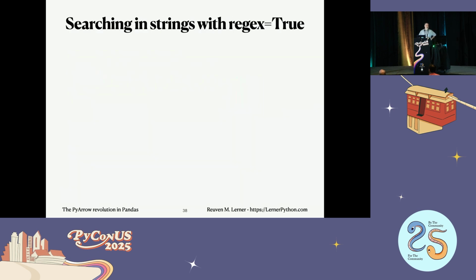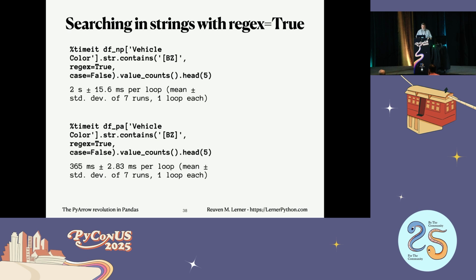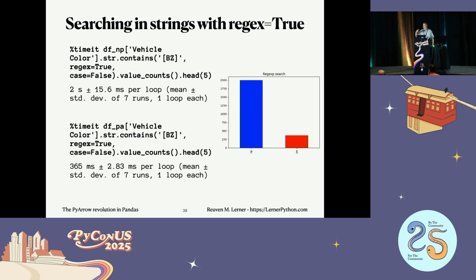What if I want to do something a little more ambitious? I want to search in strings with regular expressions. So I'll say here, I want to know which vehicle colors included the letters B or Z. Well, that's going to force it to work a little harder. By the way, I'm sure that's the sort of query that everyone involved in traffic is interested in. So this takes 2 seconds to run. It's going to push its limits a little more. What if I do this with PyArrow? And here also, it is taking way less time, 366 milliseconds. Graphically, we can see PyArrow, which is always going to be in the red in all of these graphs, much faster. This is time. So PyArrow is just way faster. In fact, here it's like 5.5 times faster.